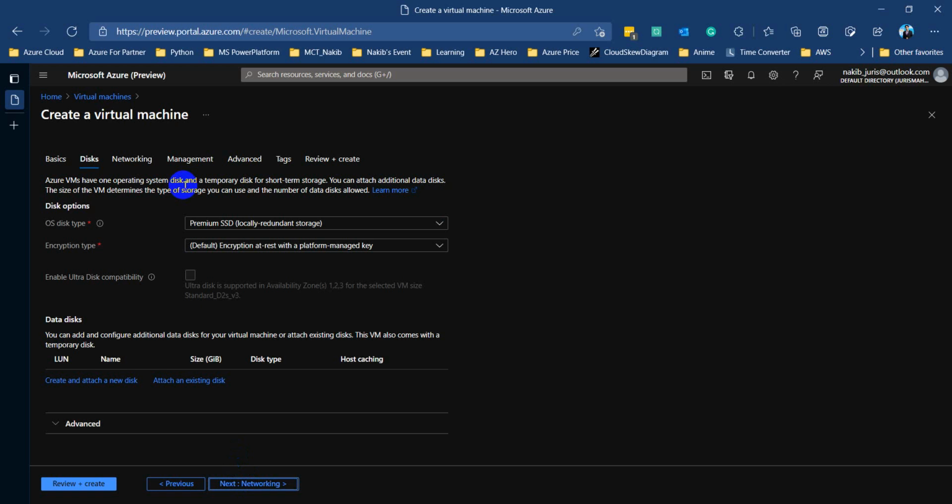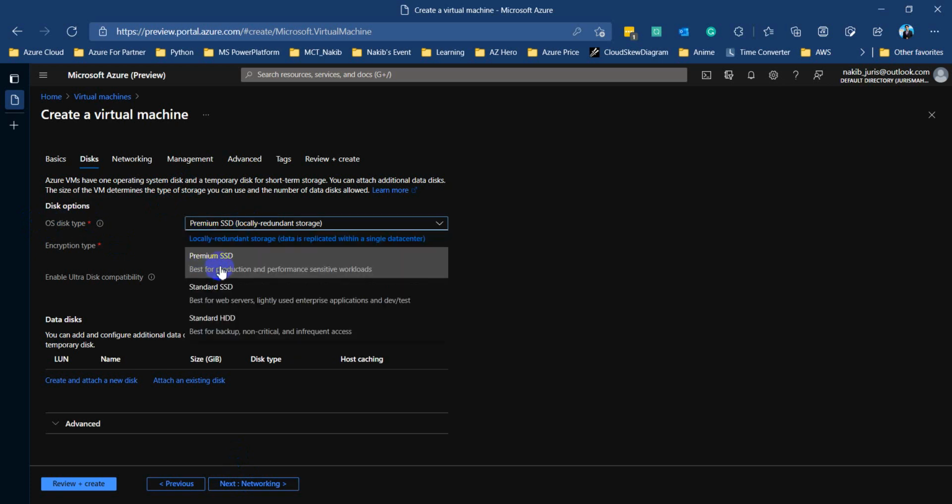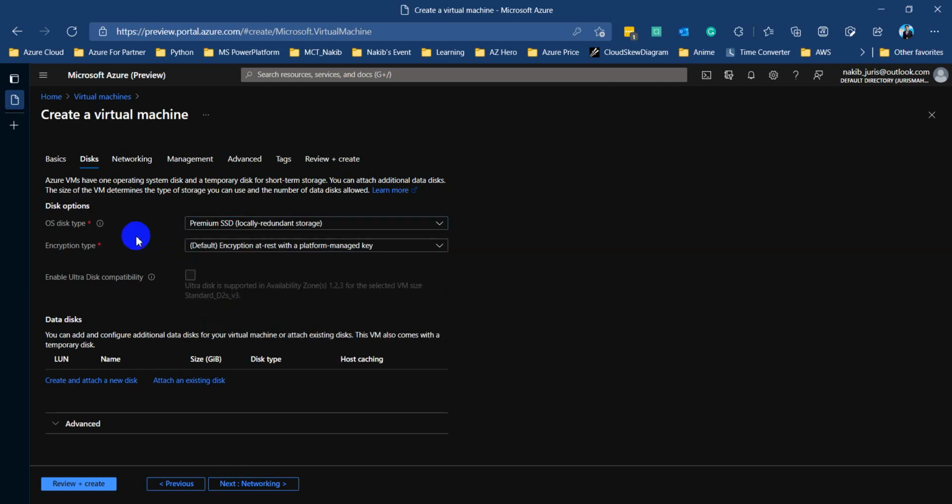So I'm clicking next. Here is the part on what types of disk I have to use in my virtual machine. Here are two different types of information. First one is an OS disk, which means where we will deploy our operating system images. Is it what we need, a premium SSD, standard SSD, or regular HDD? It's totally up to you. Or you can deploy an additional disk, which you can easily partition any time. So if you want to, you can additionally click here.